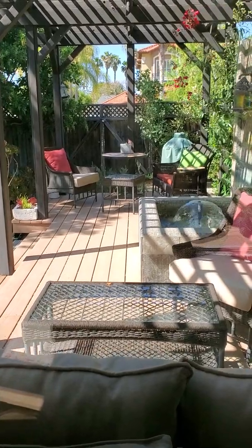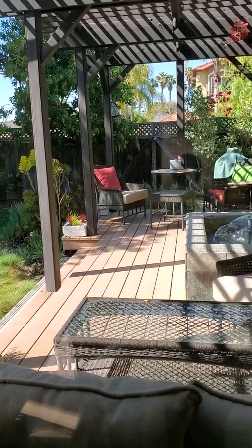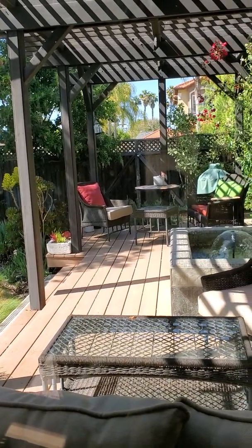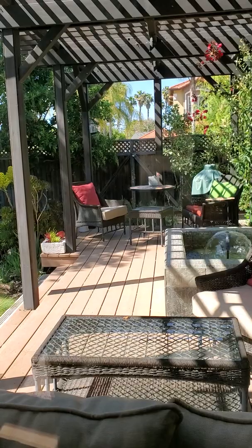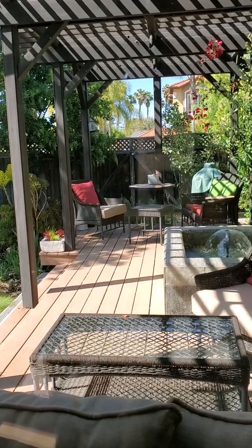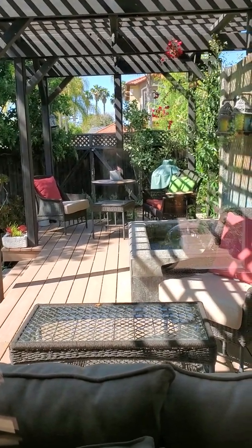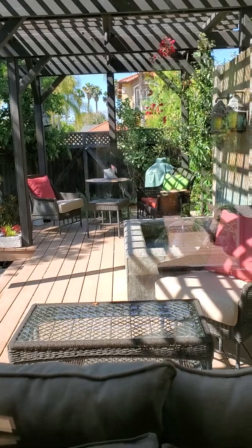Okay, so first, let me set the scene by saying that it's a hot 90-degree and windy day. It's early May. So we're going to see one part of the garden in sun and some of it is going to be in shade. All right, so first of all,